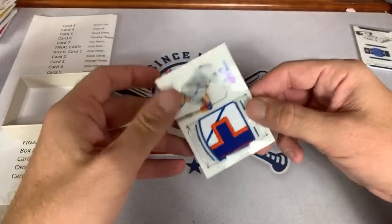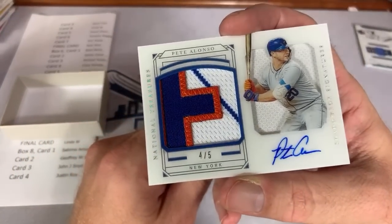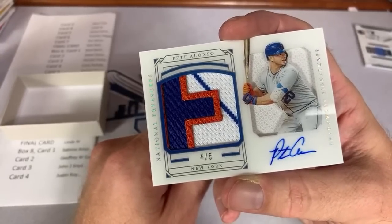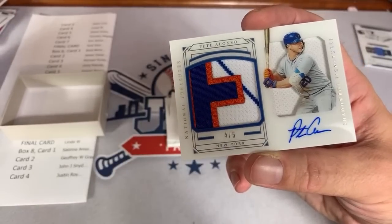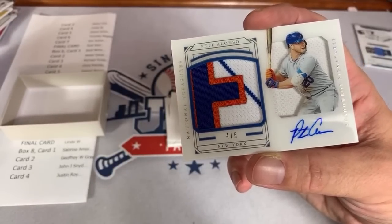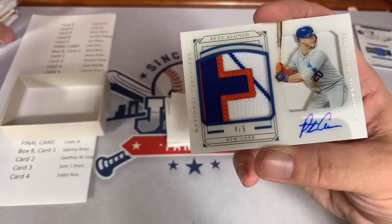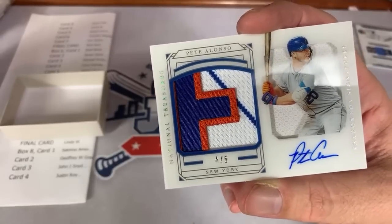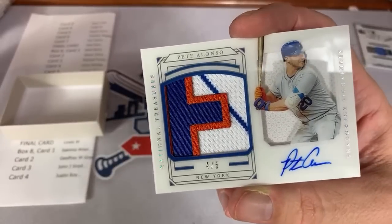And, oh boy, we got Pete Alonso again. Our second Pete Alonso, and it's out of 5. So those of you with crummy relics at the beginning of the round there, no offense, but I guess we didn't really get any crummy relics. Maybe Kyle Wright's kind of a crummy, and no offense there. Pete Alonso, you got a shot here at this. So it's out of 5, and you get a